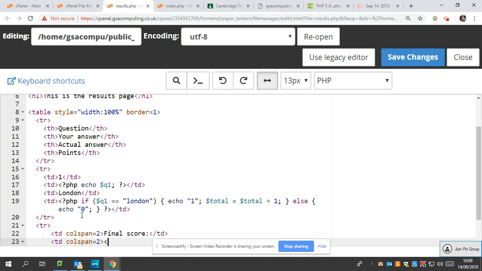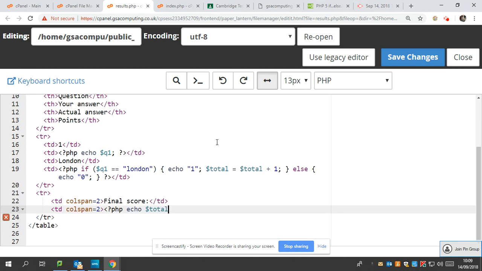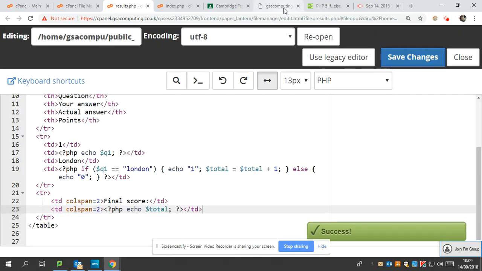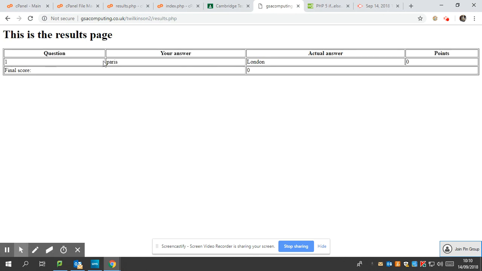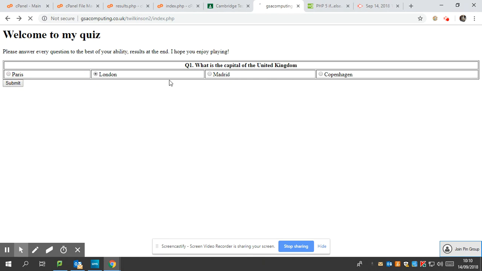And then we'll echo the score that they've got. So PHP echo, and then it's going to be total like so. Close the line, close that, and then close the column. So we choose Paris, we get a final score of 0. And if we choose London, then we get a final score